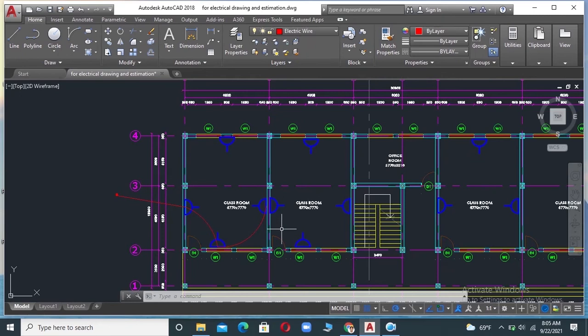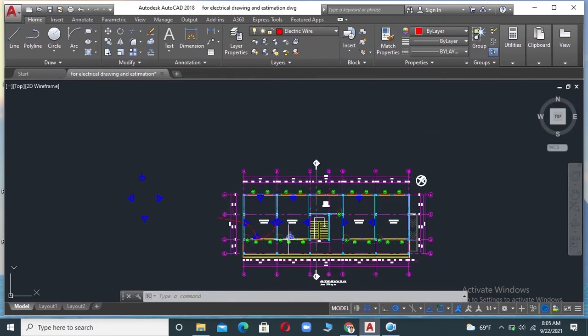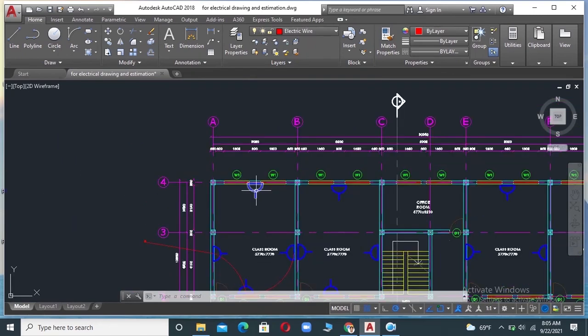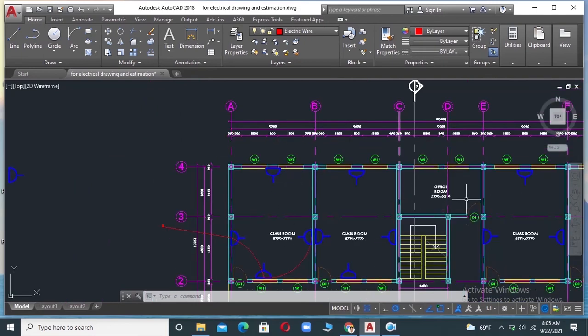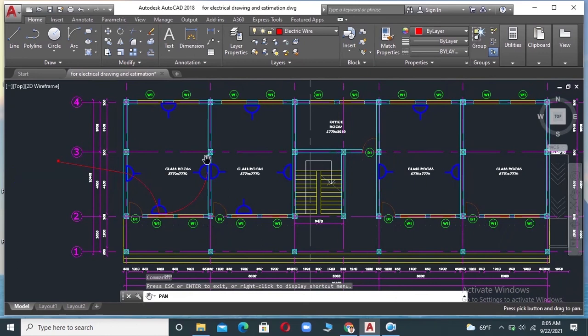Now let's come to its properties. Suppose I want to change the color of all the objects. Here we have used this power socket. If I had not created a layer for this power socket, then we would have to individually select the power sockets and change the color, so it would be very time consuming.